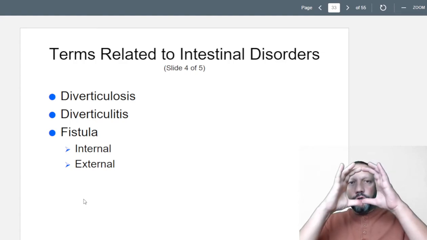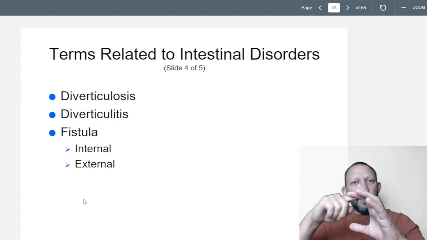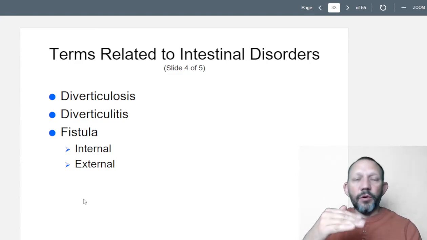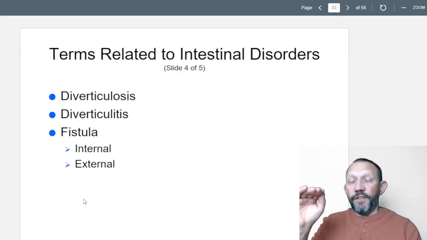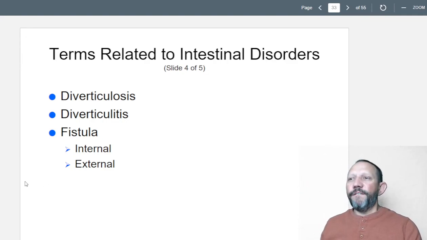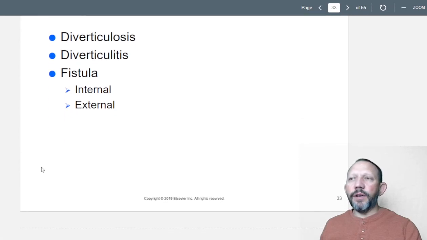So you have the tube, right? And there's a little outpouching that has a little pocket. Now that can become just filled with nothing, or it can be filled with some fecal matter. If it inflames, it's called diverticulitis. Okay? Fistula, you can have external and internal fistulas. A fistula is an infection that it's like